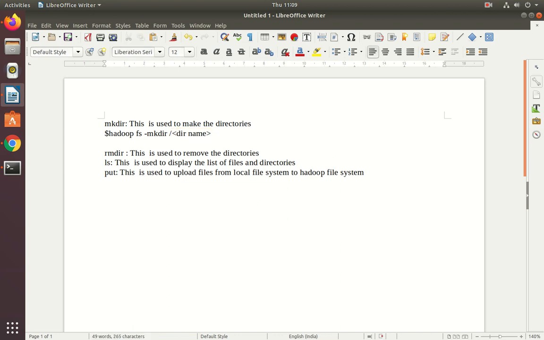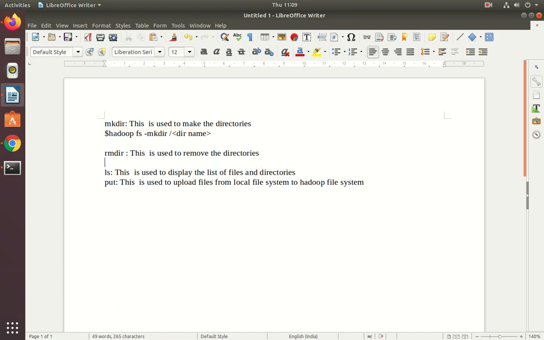Next, remove directory, same, rmdir, with the directory name along with the path.